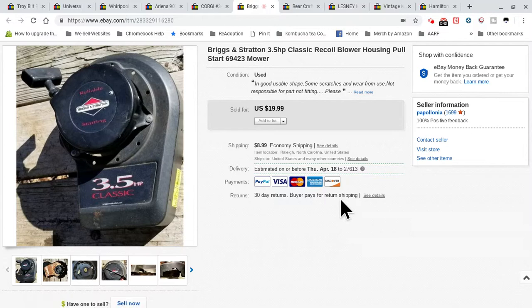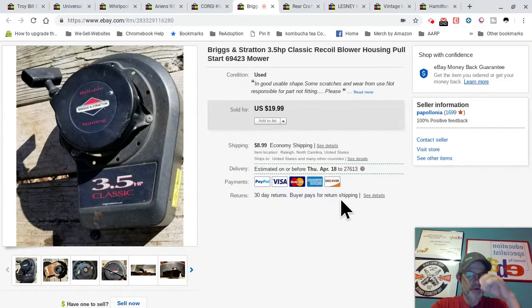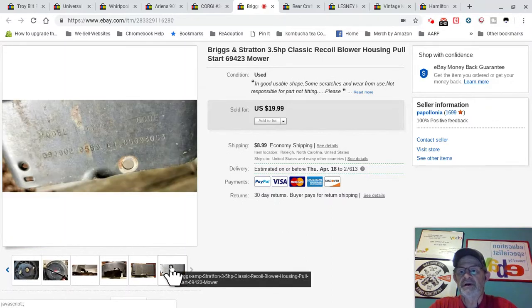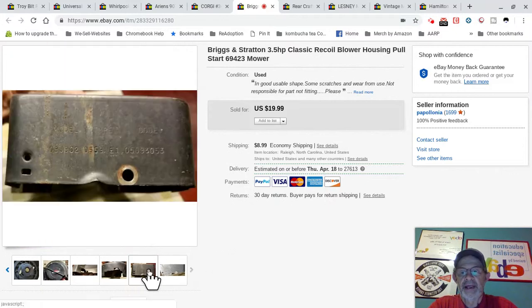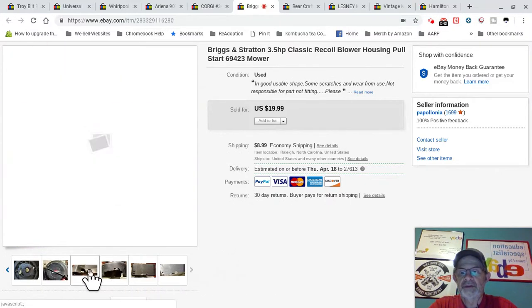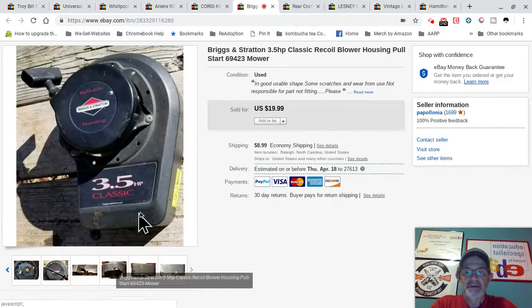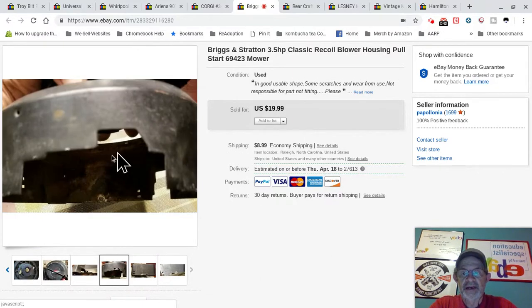Got a few more items left here, guys. Thank you so much for hanging in there. These lawnmower recoils sell really, really well. I take tons and tons of pictures. I'll show you, I make sure I take a picture of the model number of the engine, all different angles. I always make sure I take pictures of these side pieces,